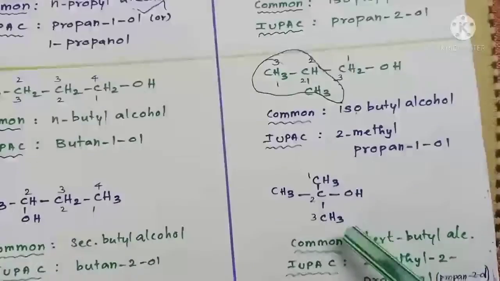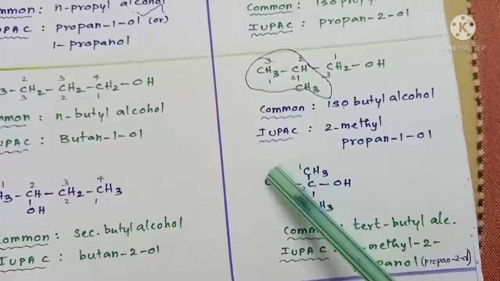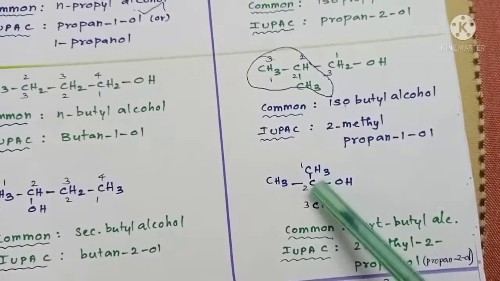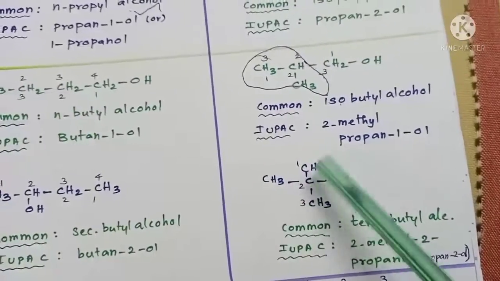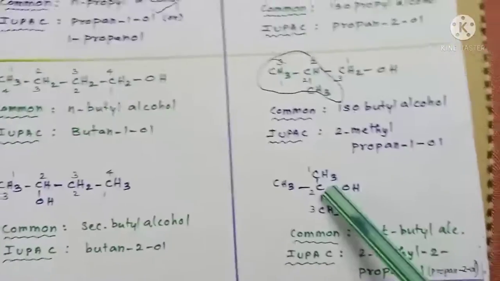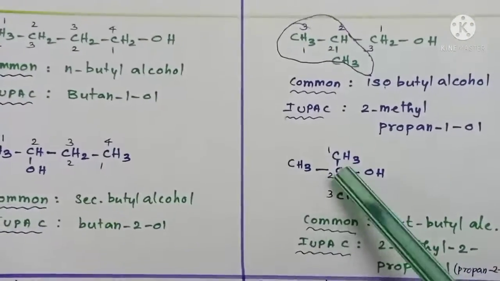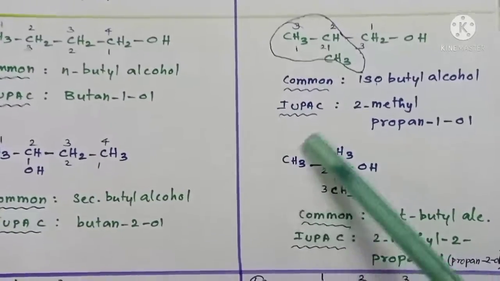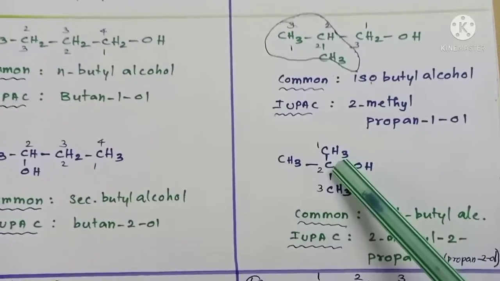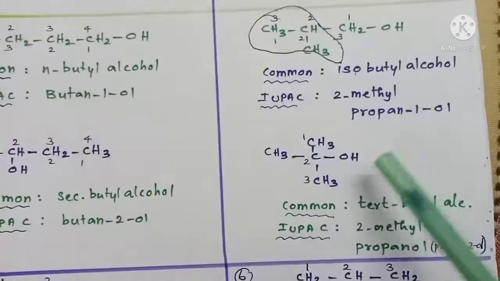Right. Now let us go for the fourth derivative of butyl alcohol. A carbon with 3 methyl groups and an OH group, isn't it? So this is the alpha carbon. You can see the alpha carbon is directly bonded with 3 alkyl groups, or 3 carbon atoms. So this alpha carbon we call a tertiary carbon. In this compound, totally 4 carbon atoms are there, so the alkyl group is butyl. The alpha carbon is tertiary in nature, so tertiary butyl alcohol is the common name of this.